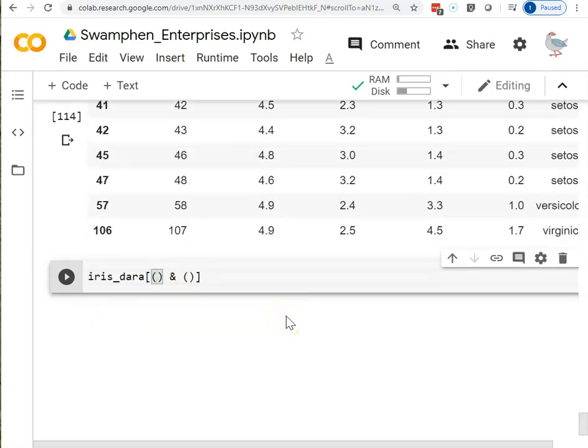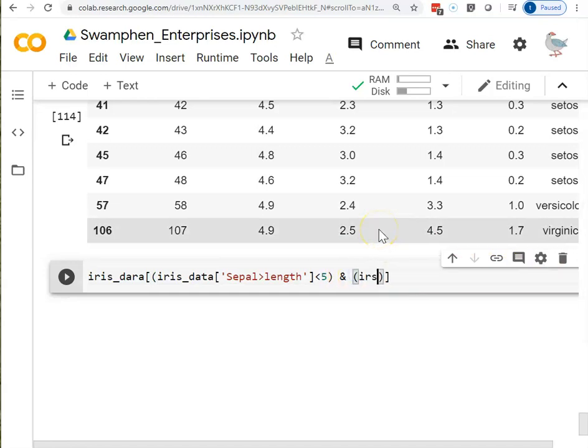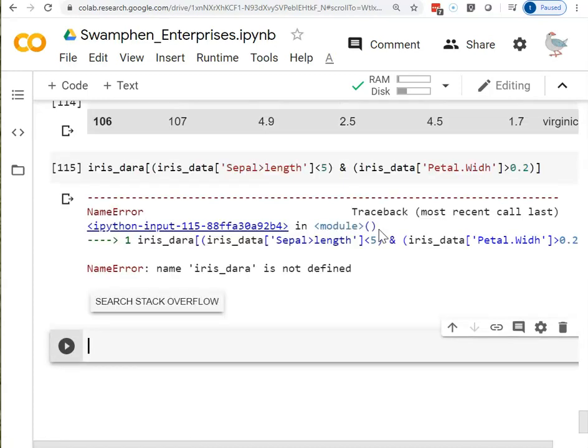In here I need to do my first value, which is iris data, square brackets, and sepal length, and we're still going with less than 5. My second condition, I would please like iris data, square brackets, where the petal width is greater than 0.2. So if I run that,